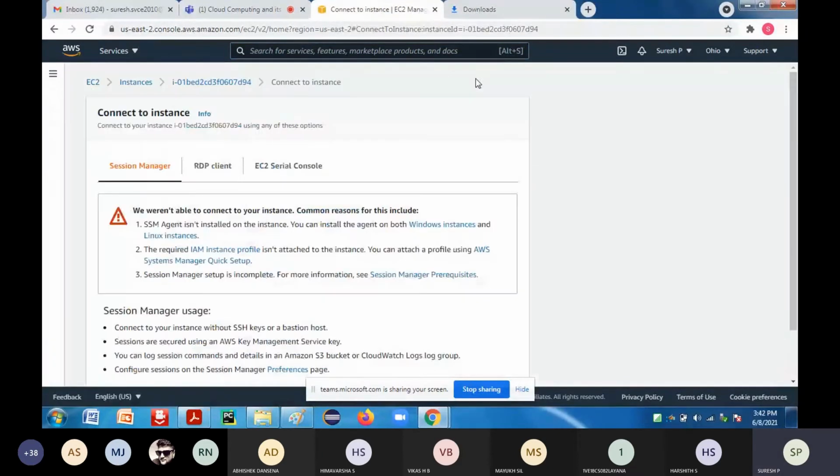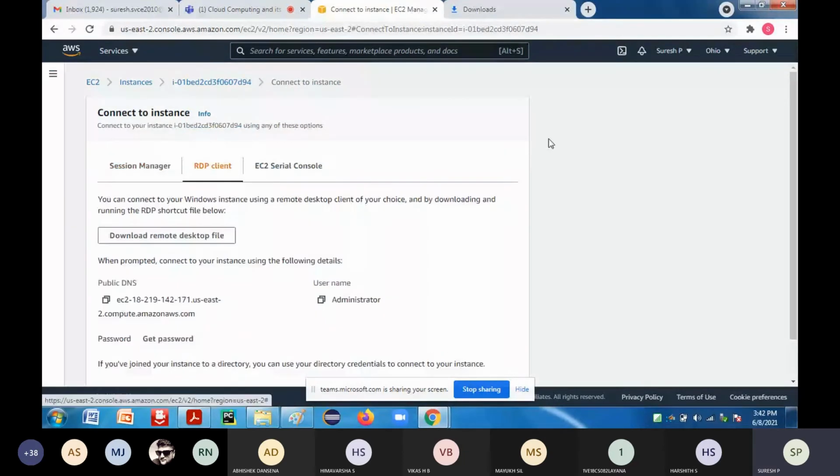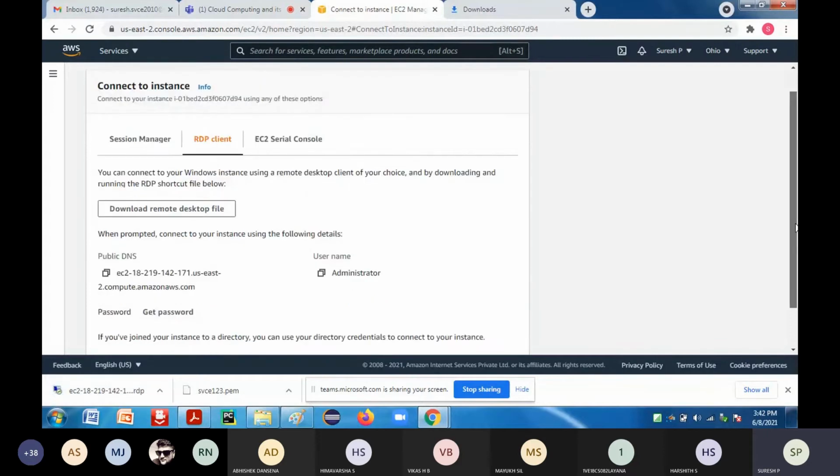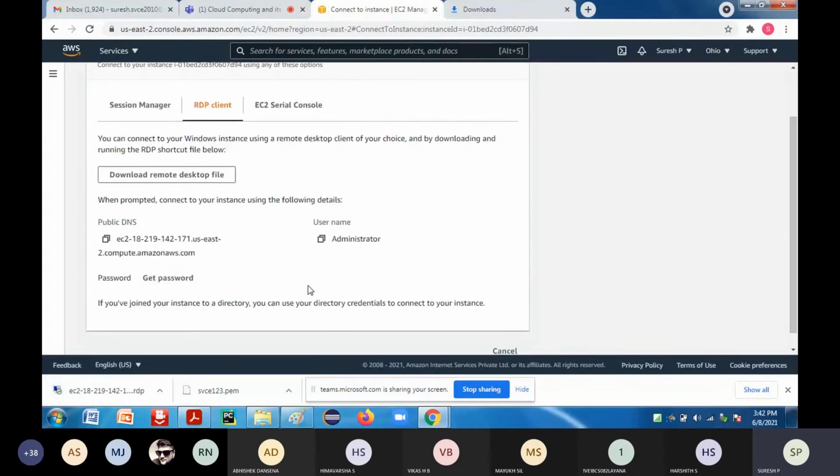If you connect, the type of connection is remote desktop client. Once you get that, you download that particular remote desktop file. That remote desktop file will be downloaded. This is your virtual machine which has been created. Once it is done, next you are going to get the password.